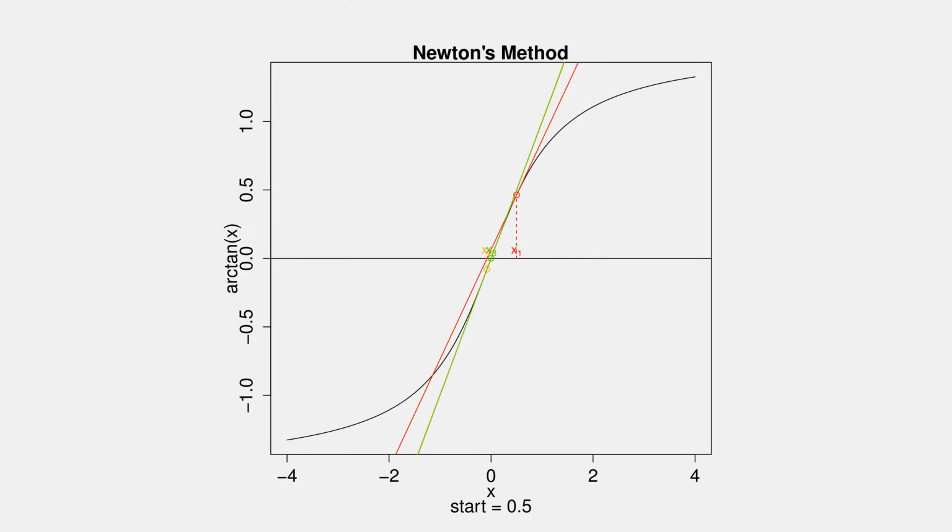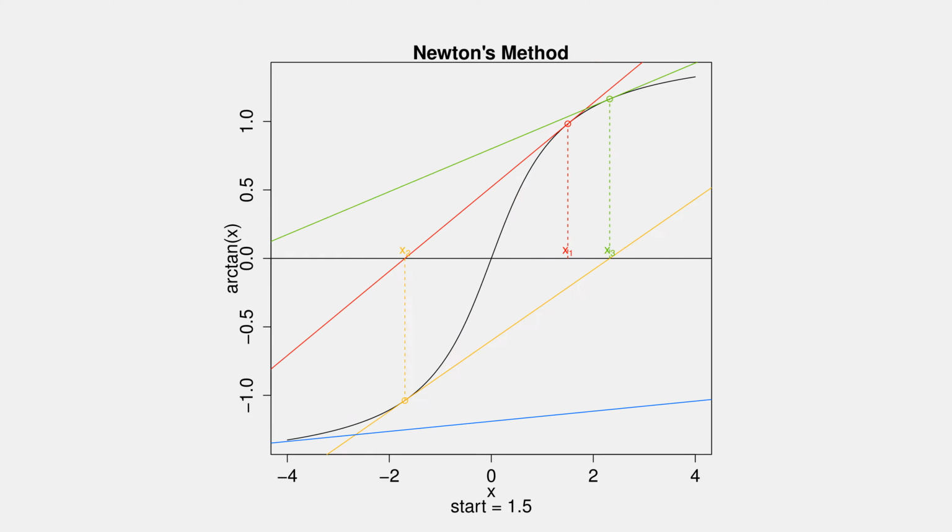So if we use Newton's method, starting at the point 0.5, it takes about 3 iterations to start converging on the root. And if you start at the value 1, it also clearly starts to converge. But if we start at the value 1.5, this causes our root finding method to start to diverge.